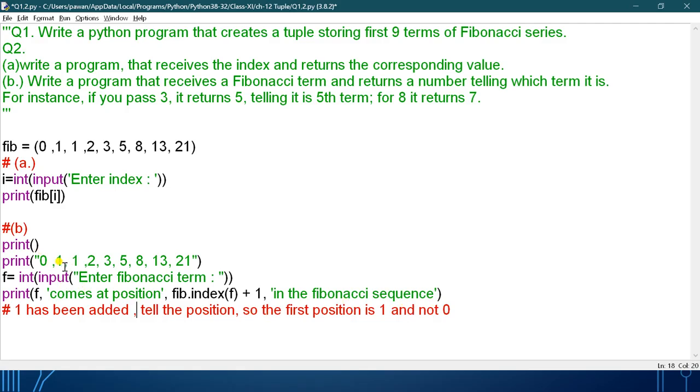Okay, so it will start with 1. It tells the position.